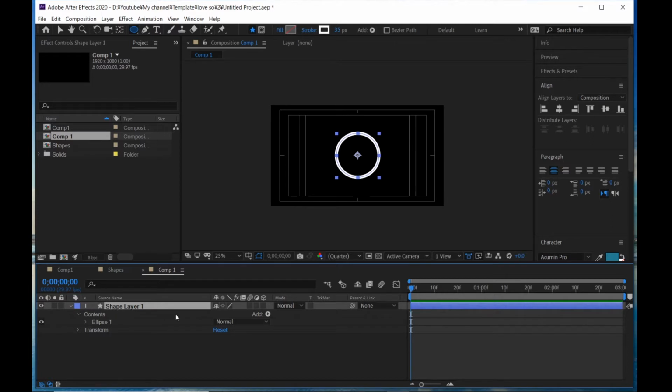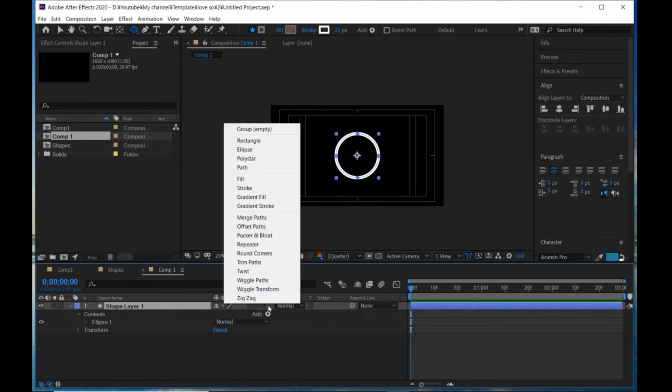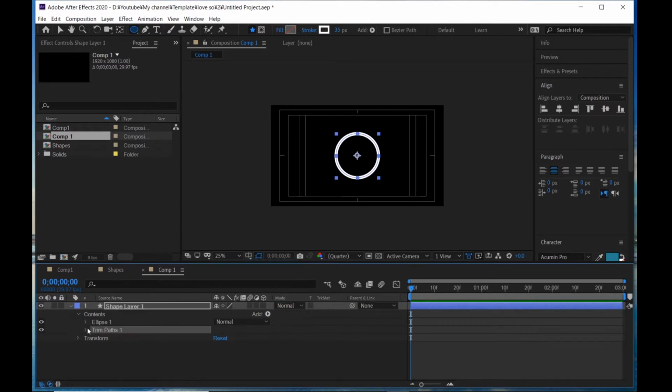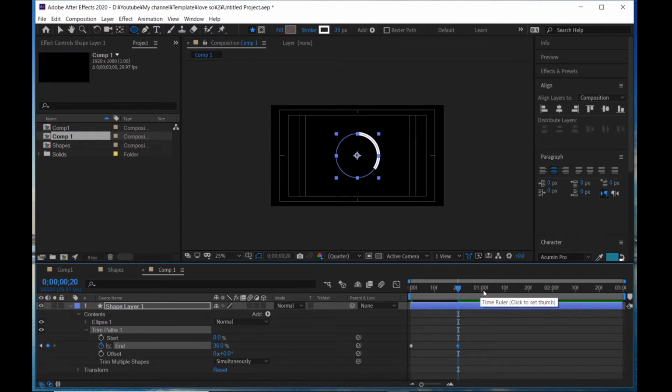Ctrl Alt Home and Ctrl Home. Make it center, and click the Shape Layer tab and add Trim Path. Open Trim Path, and we're gonna set a keyframe on 0 second. Click the stopwatch of End and make it 0, and go to 20 frame, make it 35. Good. And go to 1 second, make it 100,